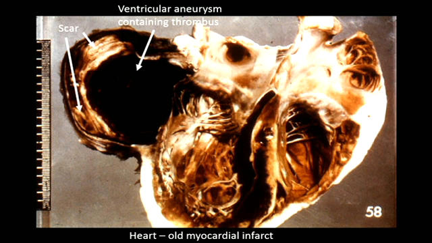An aneurysm not only can occur in blood vessels, such as the arteries, which is mostly what you're seeing, but we can get aneurysms within the heart. This person has had an old myocardial infarct, you've got a weakening of the wall, and you've got bulging of the wall of the ventricle. Here we've got scar tissue, and here we've got a thrombus being formed. Not only have you got scar tissue, but you've also got massive amounts of turbulence, and that increases the risk of thrombus formation. So when you get your question on your online tests, here is a double effect: collagen exposure and turbulence causing the formation of the thrombus.